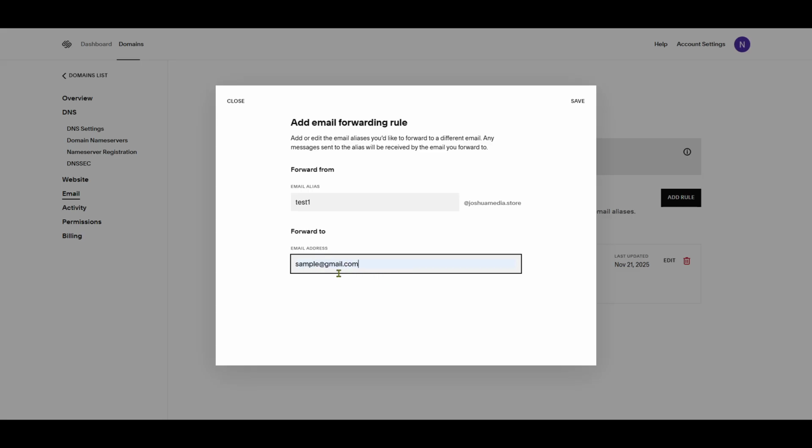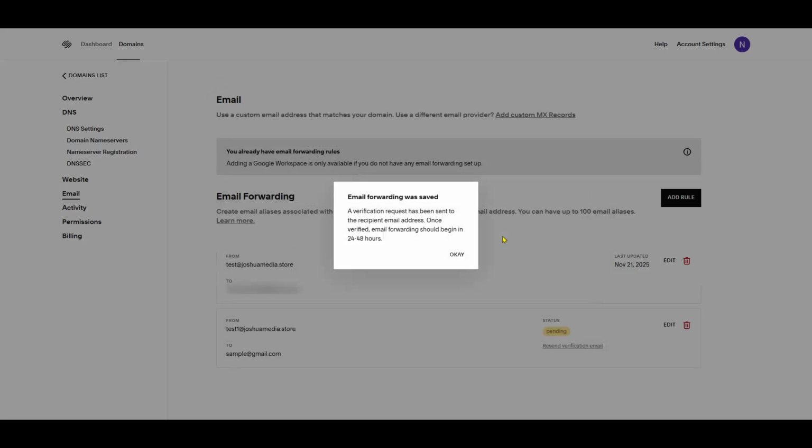Choosing the right forwarding address is crucial, as it should be an active and monitored email that can handle incoming messages or notifications. Finally, after you've inputted these details, click Save to finalize the changes. This action activates the forwarding rule, redirecting traffic or emails as per your configuration settings. Don't forget to check back to ensure everything is working smoothly.